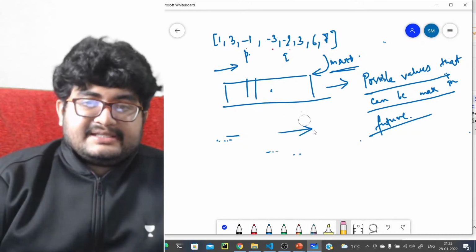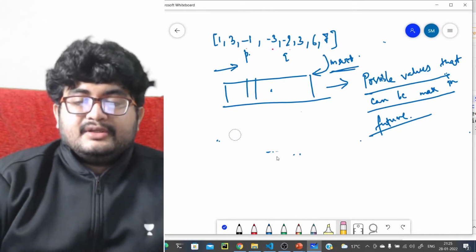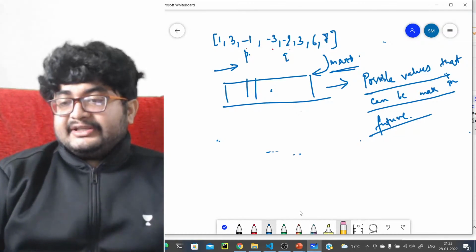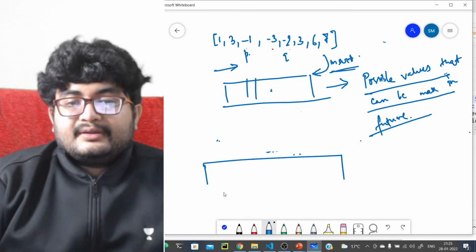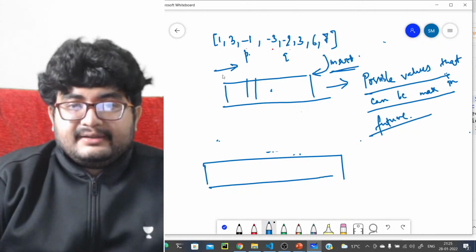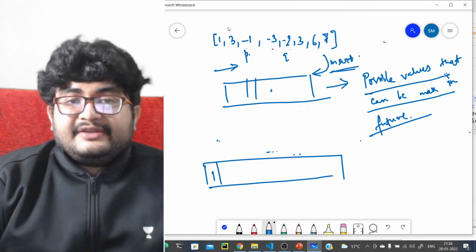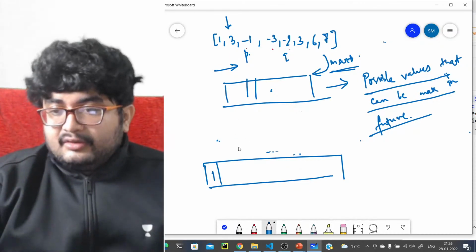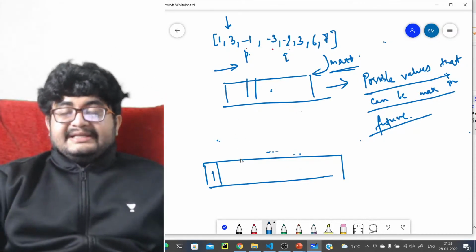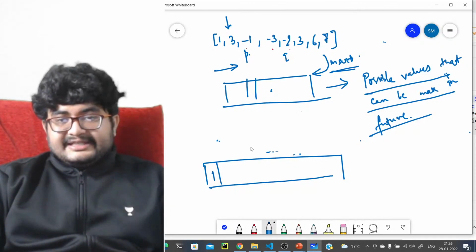Let's understand this. Let's see the state of the DQ at any point of time. How should we do this? Now see. First of all, we have 1. So 1 is pushed from the back. So 1 is coming here. Now we are at 3. Whenever we are pushing 3, we should see it is decreasing from the back, right?